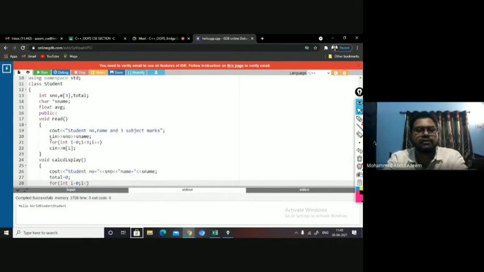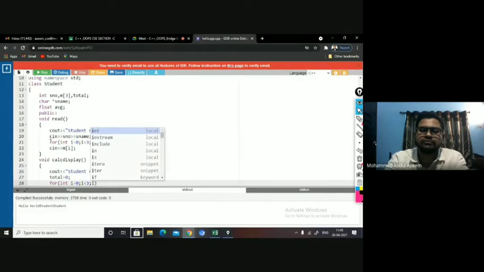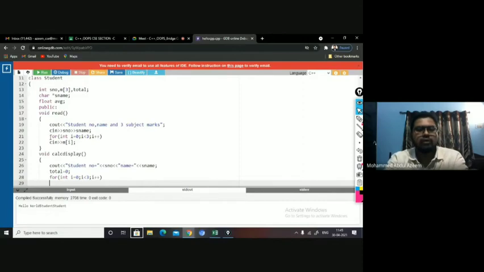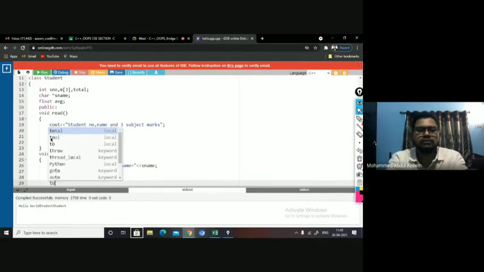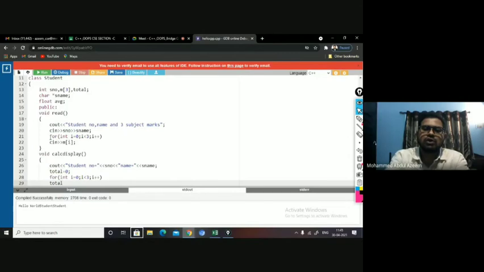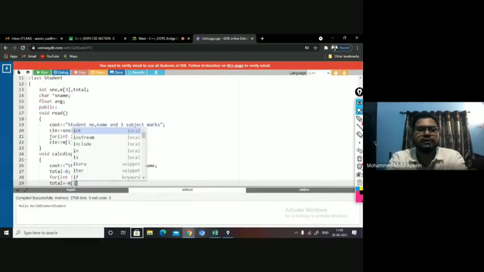This flexible declaration is allowed, right? Whenever and wherever you want, you can declare and then dispose. So here total, I can use the shortcut operator plus equal to. What do you mean by this? Total plus equal to means total equal to total plus. When the left-hand side and the right-hand side of the binary operation both are equal, then I can use the shortcut operator. Total plus equal to M of I.